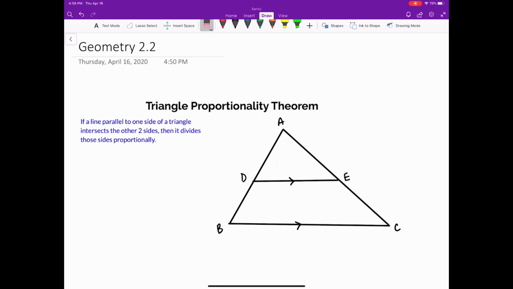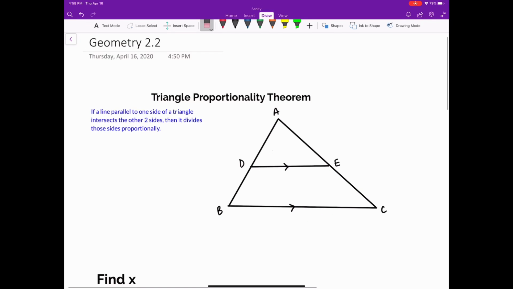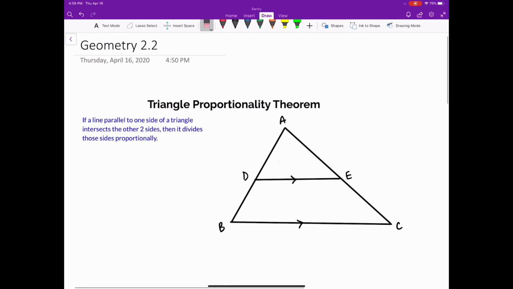So this is the triangle proportionality theorem. Basically what you have is, if you've got a line that is parallel to a third side of a triangle, it's going to be cutting the other two sides proportionally, excuse me. So here I see it says if a line parallel to one side, so I'm going to write this out kind of in shorthand. In the figure we have DE being parallel to segment BC. If DE is parallel to BC, then it intersects the other two sides, then it divides those sides